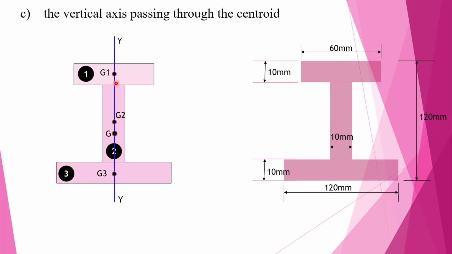So we can directly substitute in the formula for finding the moment of inertia. Now, how will you find the moment of inertia of the I section? It will be the moment of inertia of the first rectangular section about the YY axis plus the moment of inertia of the second rectangle with respect to the YY axis plus the moment of inertia of the third rectangle with respect to the YY axis. So it will be Iyy is equal to Igy1 plus Igy2 plus Igy3.